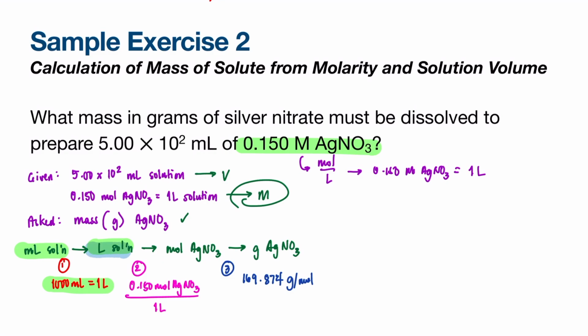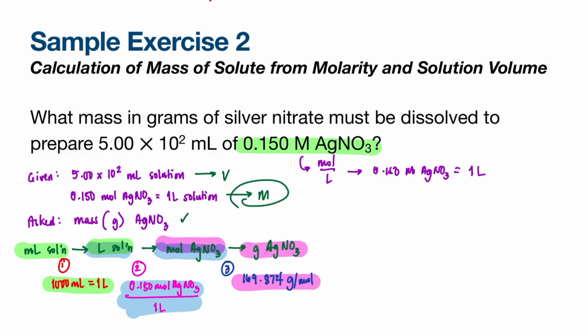To convert liters of solution to moles of AgNO3, we will use the molarity as our conversion factor, which is 0.150 moles of AgNO3 per 1 liter of solution. And lastly, to convert moles of AgNO3 to grams of AgNO3, our conversion factor will be the molar mass of AgNO3, which is